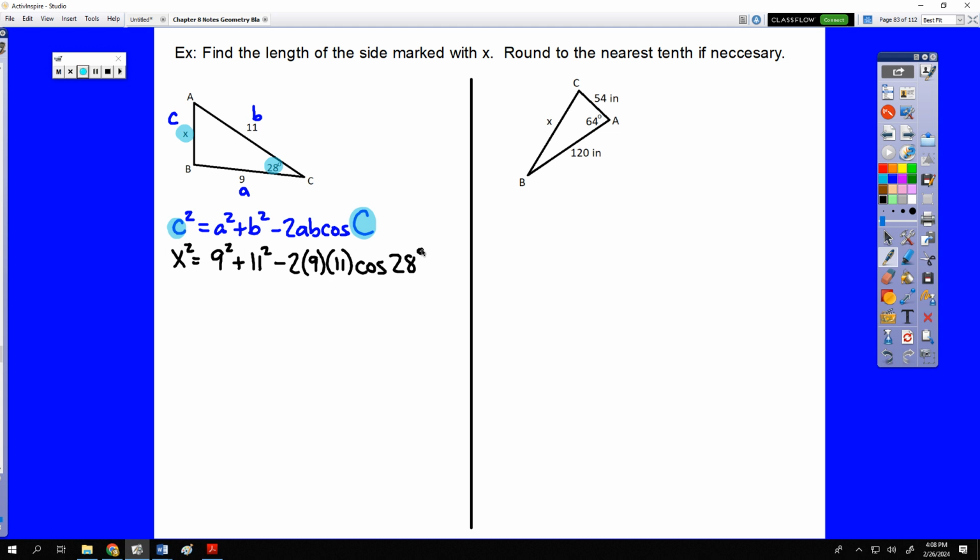The big mistake people make is they hit the negative symbol instead of the subtraction symbol. That is a subtraction symbol. So as you're typing that in, type it in exactly like it reads: 9 squared plus 11 squared minus 2 times 9 times 11 times the cosine of 28 degrees. That will give you x squared equals